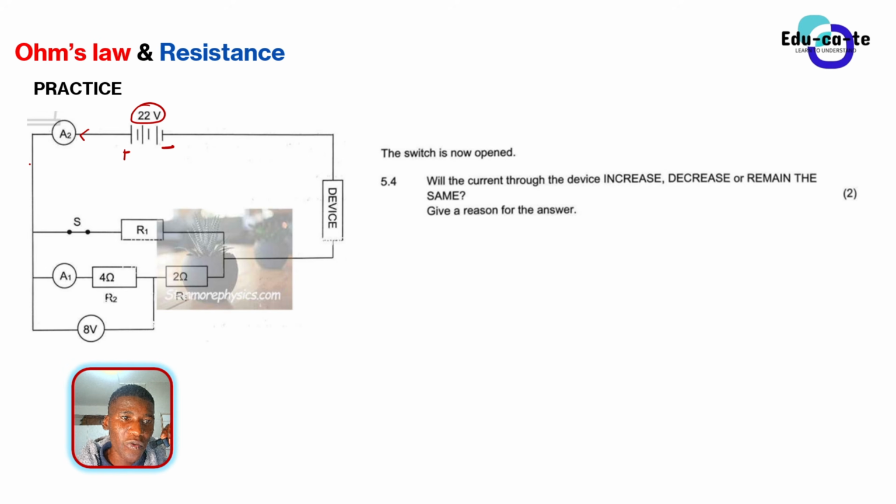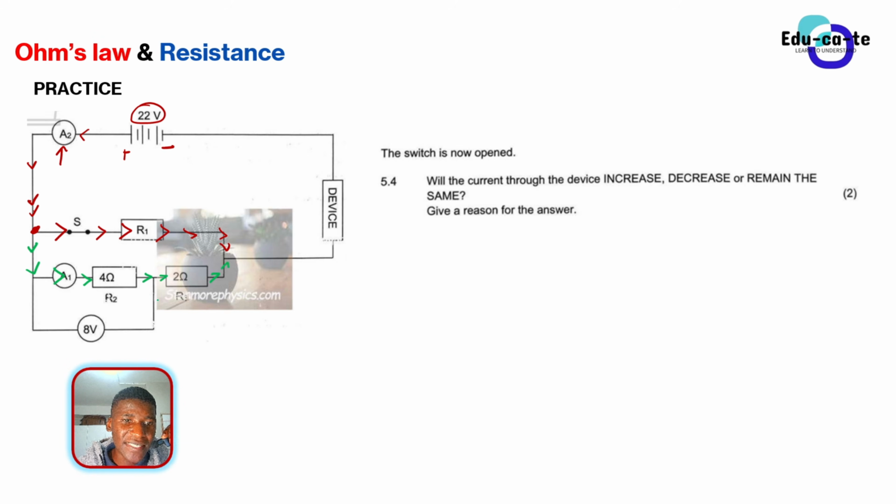This is the current flowing in this direction through A2. So A2 is the ammeter measuring the total current, and when this current is flowing, it reaches a place where it has to split into two parts because the conductor is dividing. Some of the current will go to R1, and some of the other total current will go down here to R2, which is 4 ohms. And 4 ohms and 2 ohms, so there are two of them here.